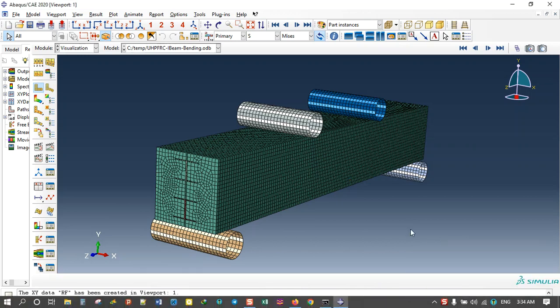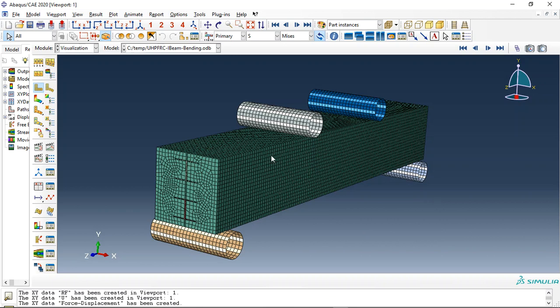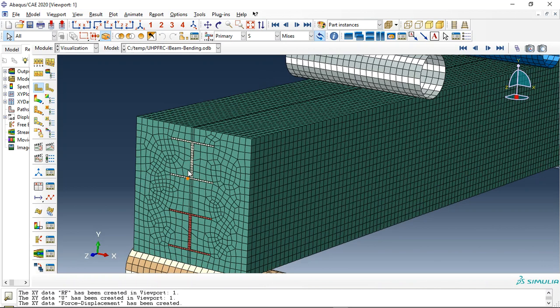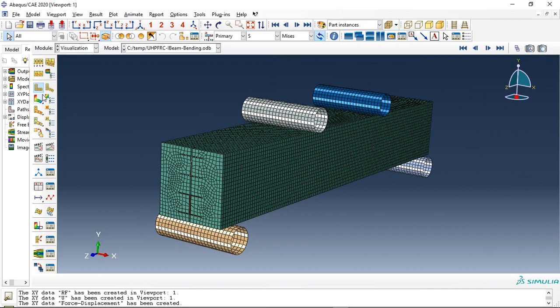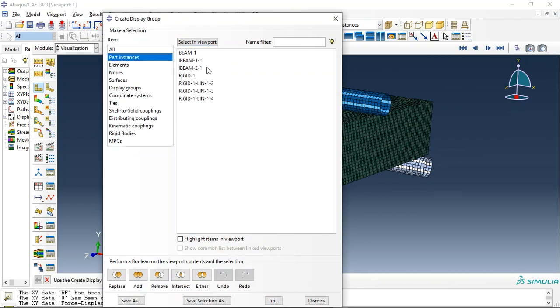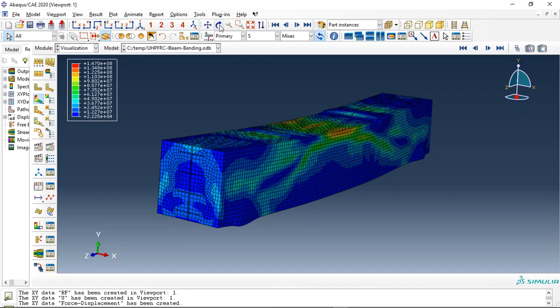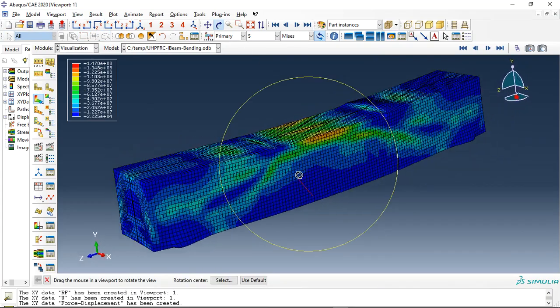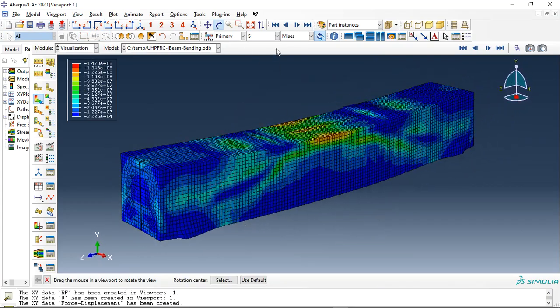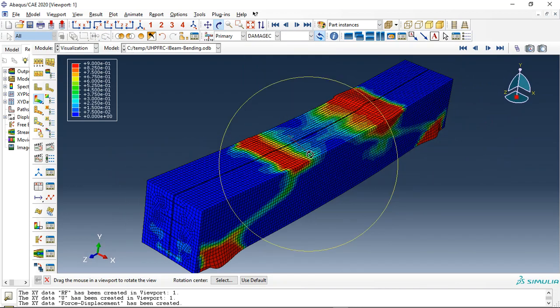Today I did a model of the 4-point bending of the ultra high performance fiber reinforced concrete with a steel I-shaped beam as a core, double steel I-shaped beam. And if I check just the ultra high performance concrete here and click on this, this is the stress propagation during the 4-point bending, the compression damage,